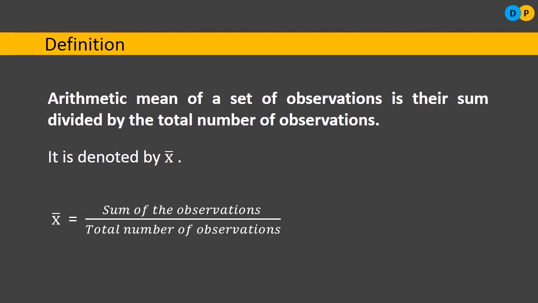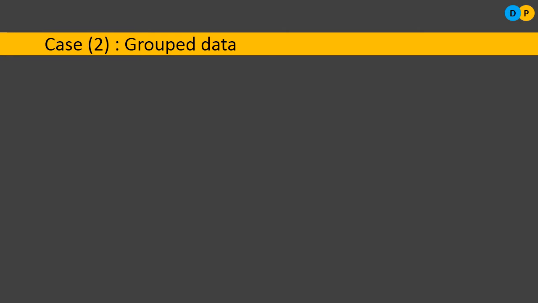In arithmetic mean there are two types of problems. The first one is simple arithmetic mean, the second one is weighted arithmetic mean. In the previous video we have solved under simple arithmetic mean, and there we discussed ungrouped data, nothing but individual observations. But in this video, let us try to solve some problems under simple arithmetic mean, but here the data will be grouped. While finding arithmetic mean, data can be grouped or ungrouped. So in today's video, we are solving arithmetic mean on grouped data.